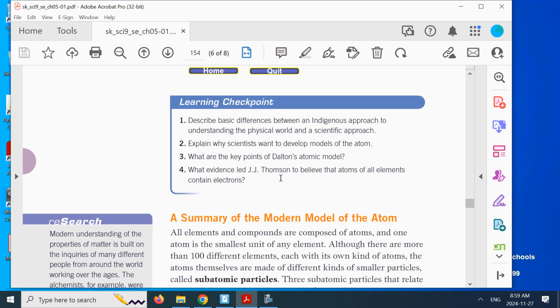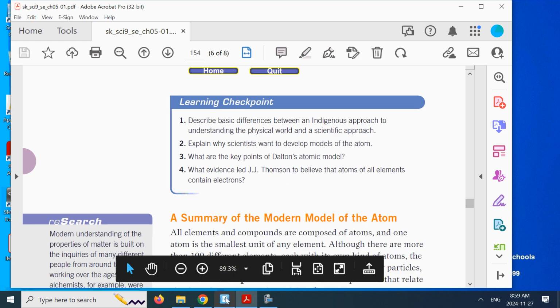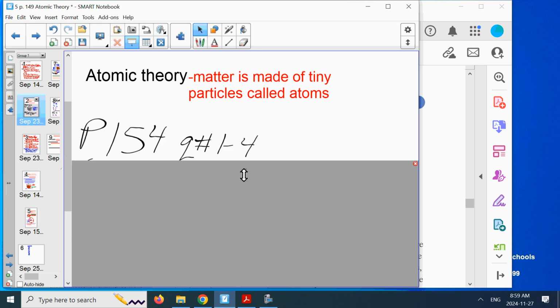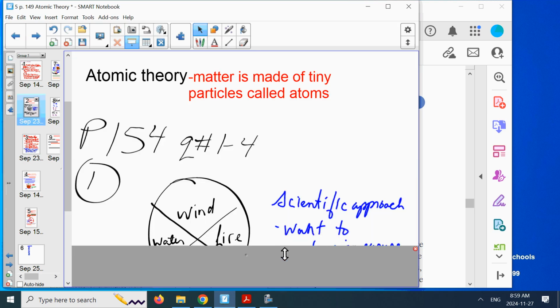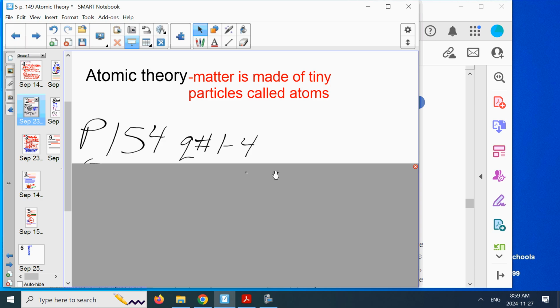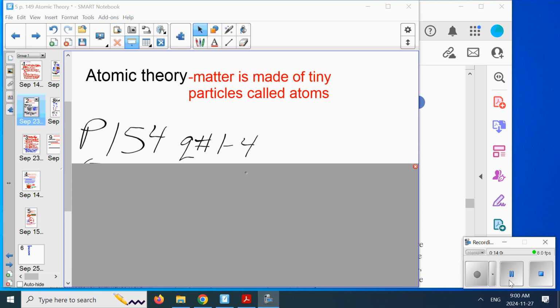Now it's time for you to get that on paper. And just a second here, so that you have this. Okay. And we're going to explore these things. You're going to do the questions first. Page 154, number 154. I'm going to freeze that and pause the video recording. Okay, you're going to do them right